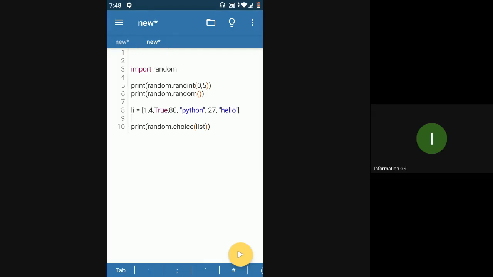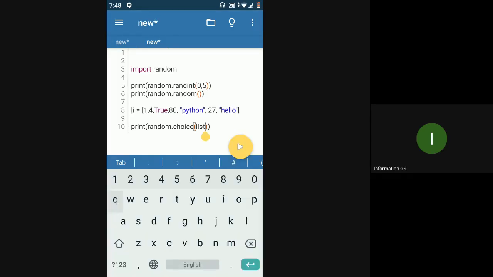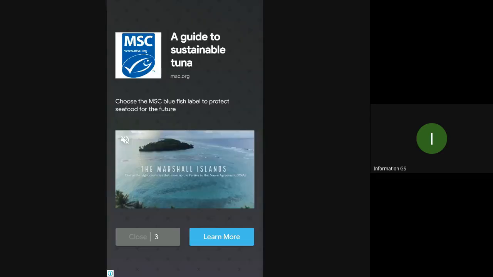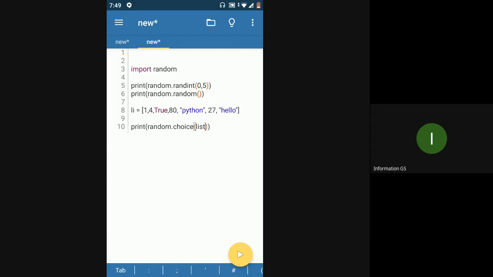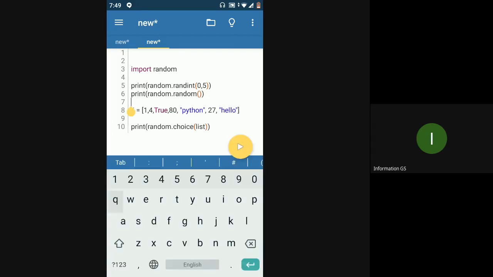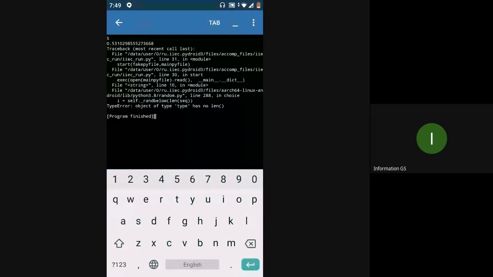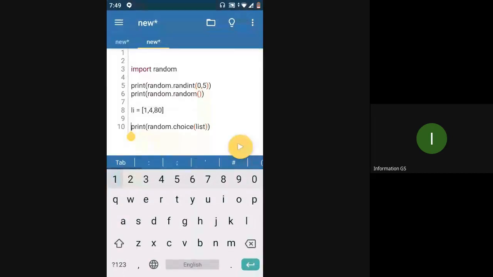Is it because of this choice? Okay, we'll see. We just cut it short and see if this works. Like 80, that's it. Nope, still doesn't work. Okay, I'll get back regarding this. What is the issue here?